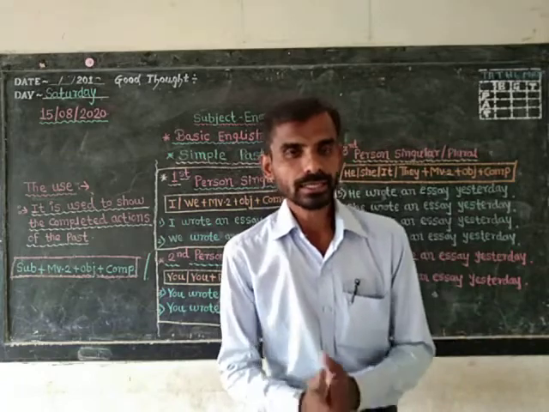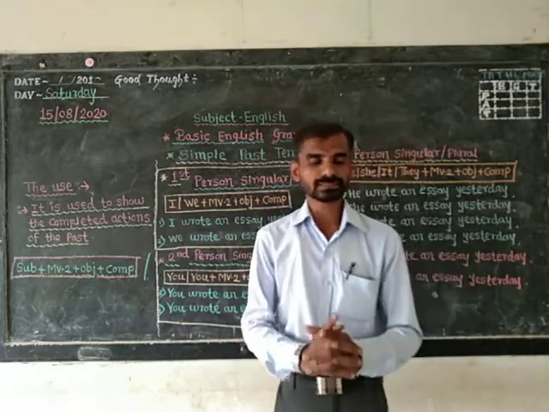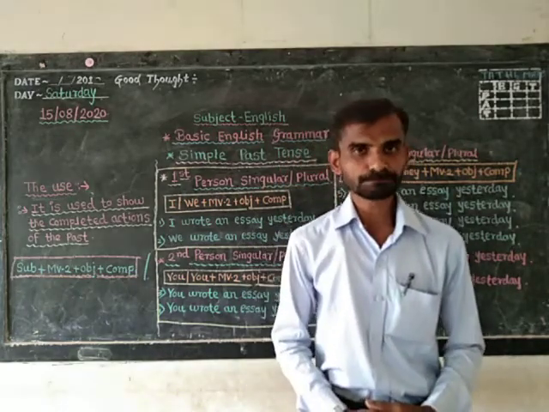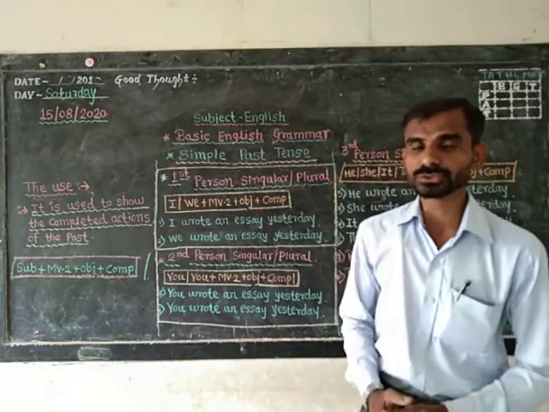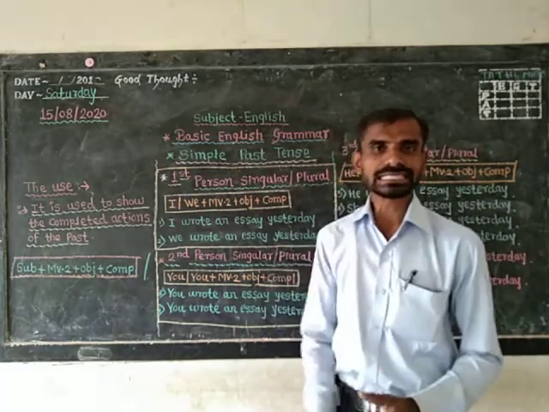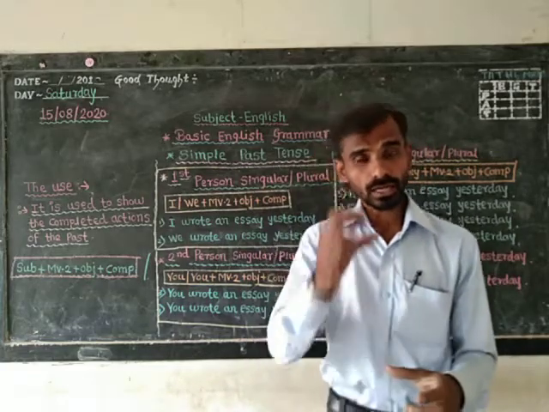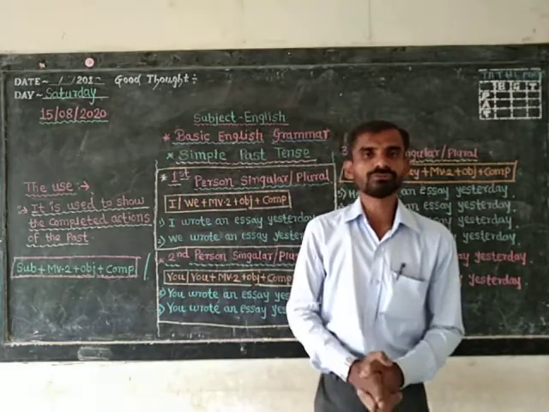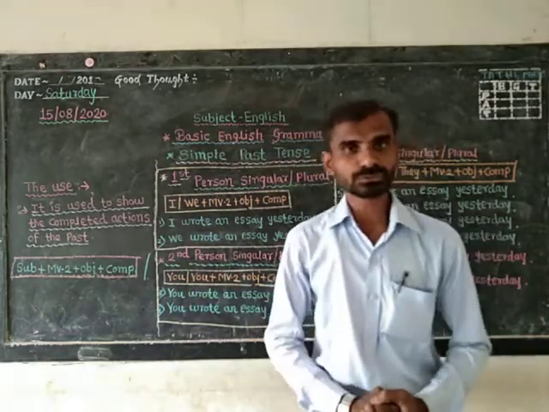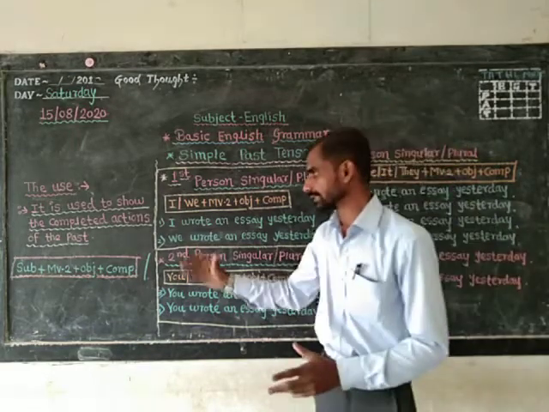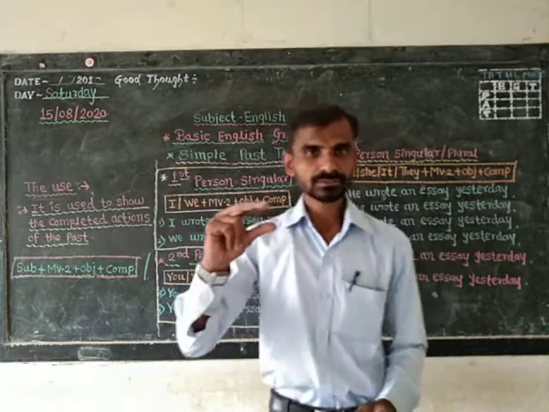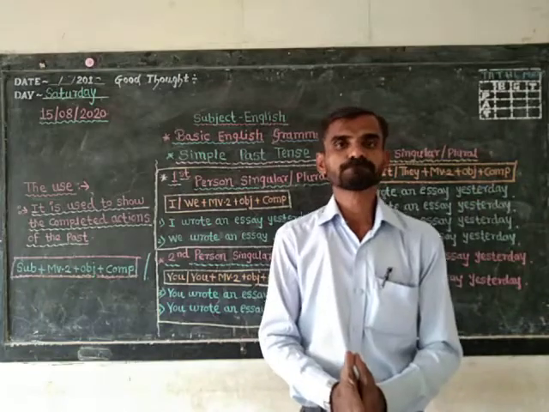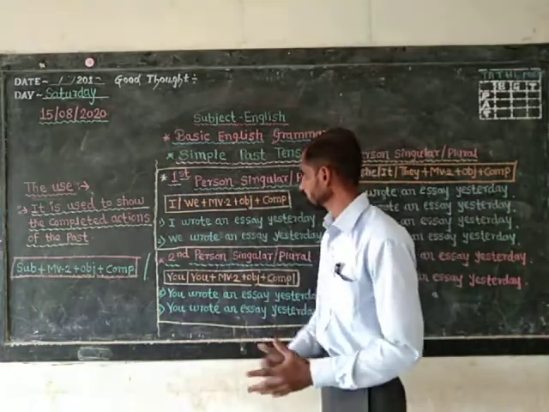And therefore, once again, let us recollect what we have discussed in the video. In today's video, we have talked about simple past tense, isn't it? Simple past tense is used to show an action which is already completed in the past, or an action which is simply over in the time of past. For that purpose, simple past tense is used. Now the common formula we have seen and discussed is subject plus main verb second plus object plus complement, isn't it? Now here we took an example, that is wrote.